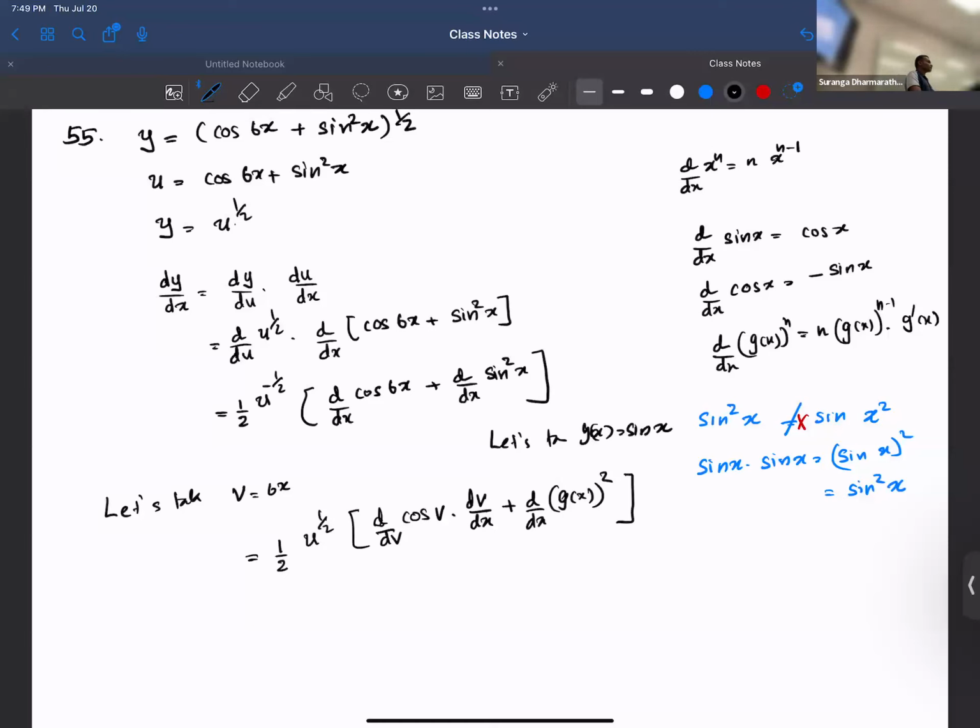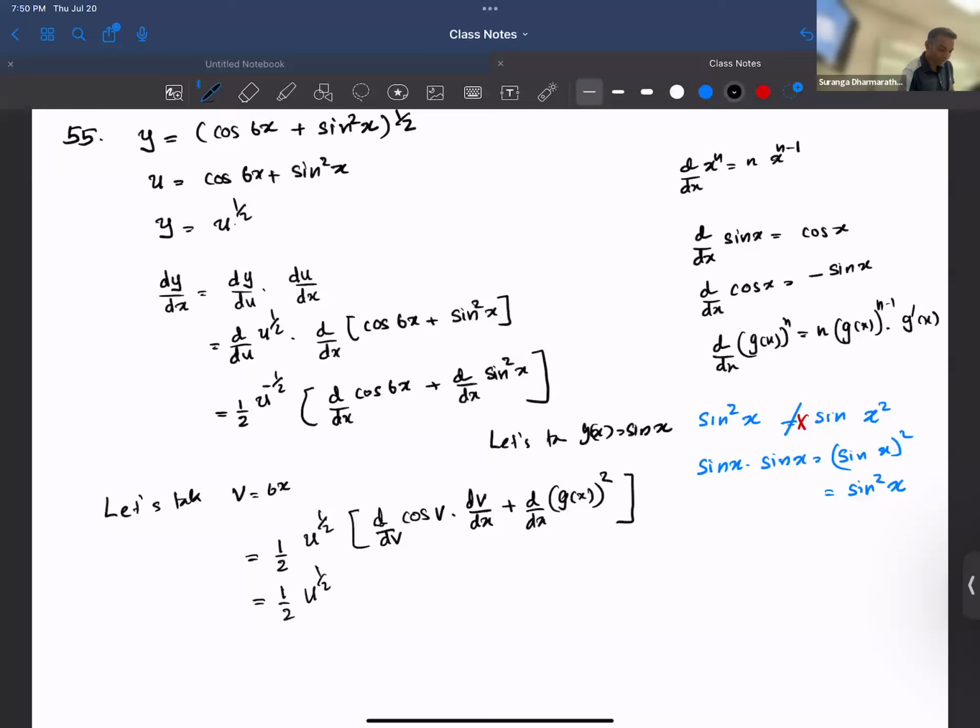Does that make sense? Or I can take it as just p or something like that. Sine x equal to p. So that's p square. Again, chain rule. All right. Again, chain rule. So you have